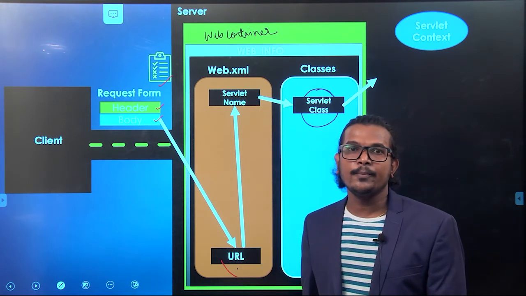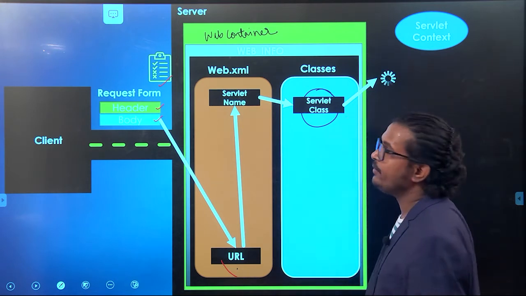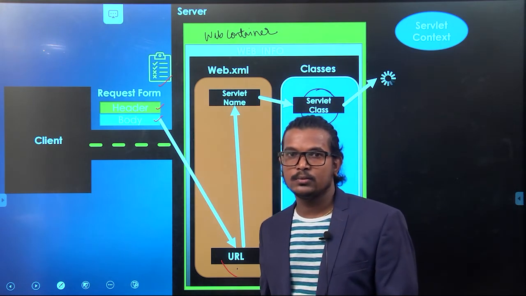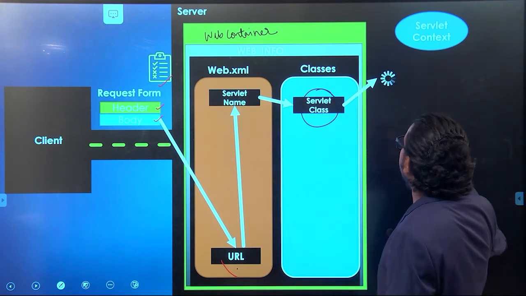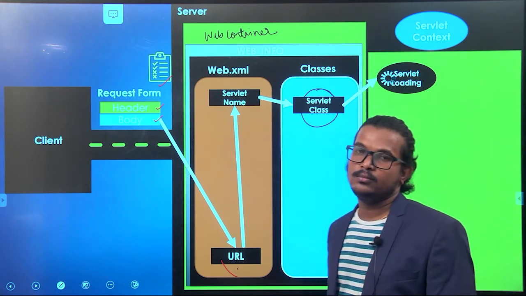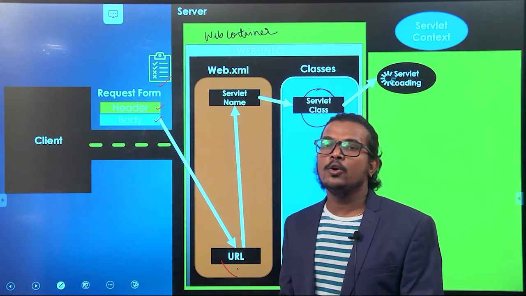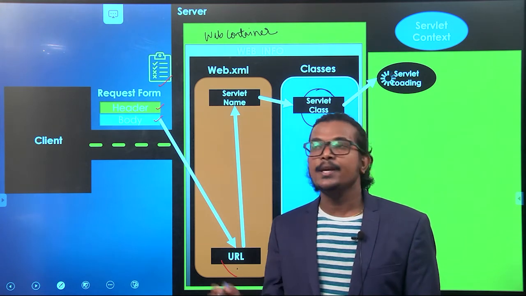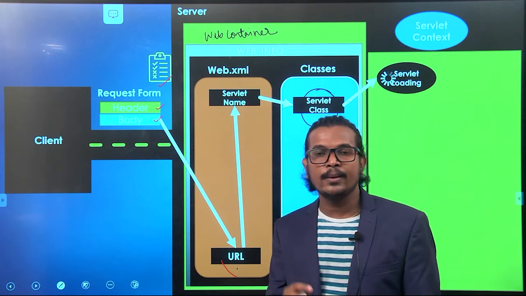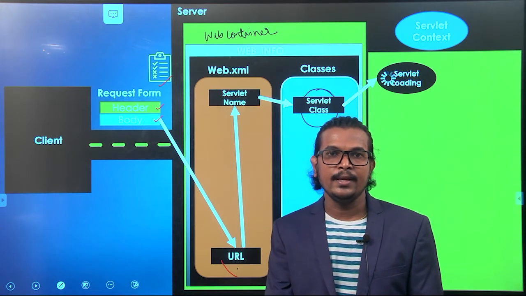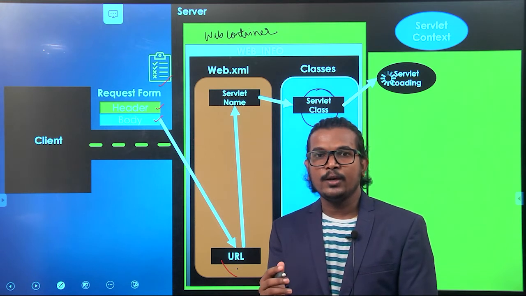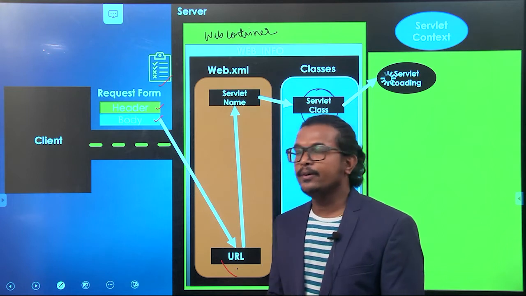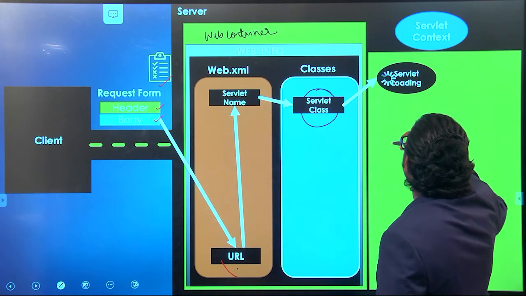Before loading, it will verify whether that particular .class file is available in the memory or not. If the .class file is not available, it will start loading the servlet into the memory. If the servlet is available, it will make use of that particular servlet, right? So now once the servlet loading is done,